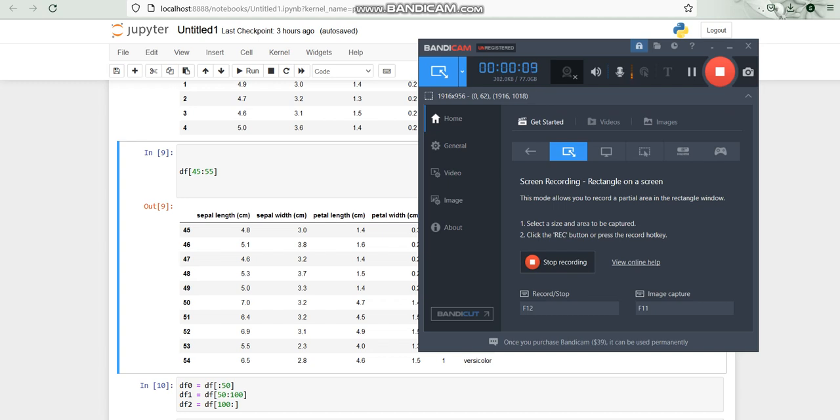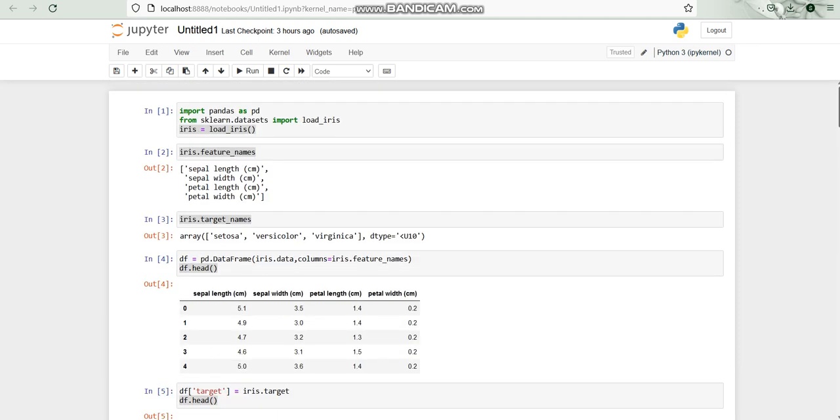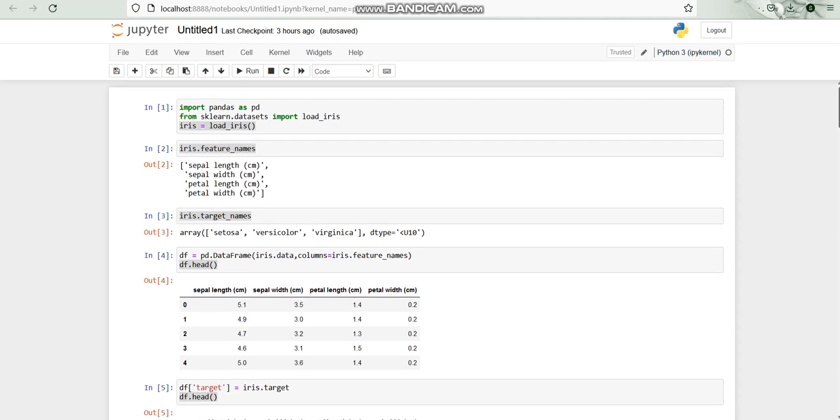In the previous videos, we went through the introduction of SVM, that is the support vector machine, and we saw the different use cases and applications. After that, in the previous video, we saw how we can start with the implementation of the SVM, and what different modules we need to import, that is pandas and sklearn, and from there we saw how to get the feature names and target names, and after that